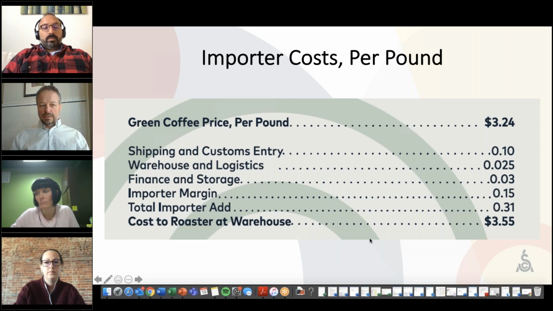And let's assume that you're shipping 320 60-kilogram, or 132.28-pound, bags. You come up with a shipment value. In the case of a $3.24 coffee with 320 132.28-pound bags, the value of that shipment is $137,144. From that, the first thing that we're going to pay, in addition to ocean freight, is going to be